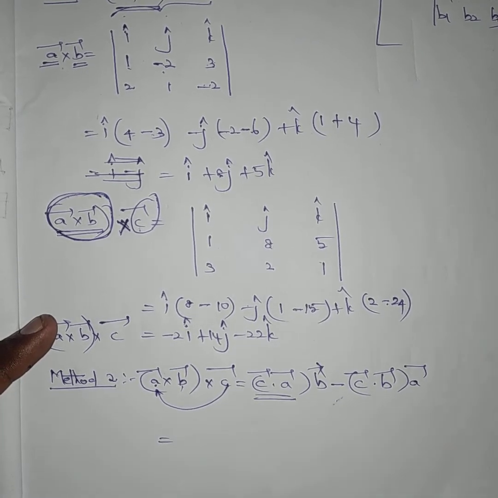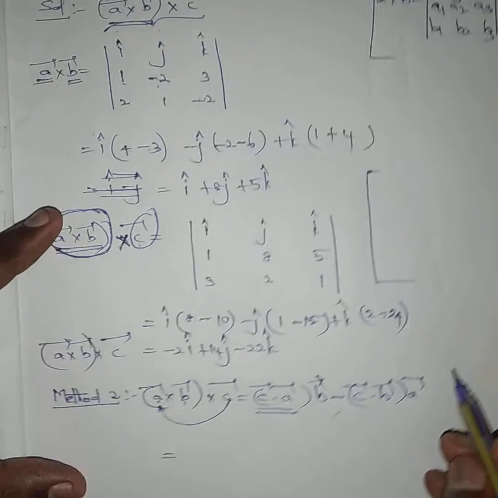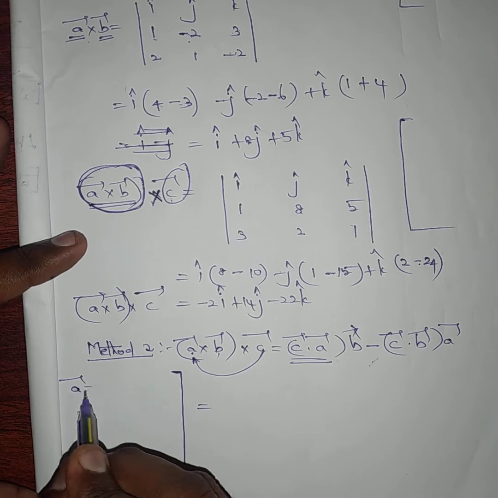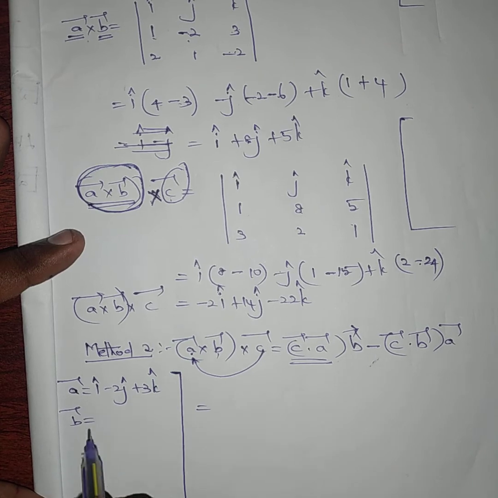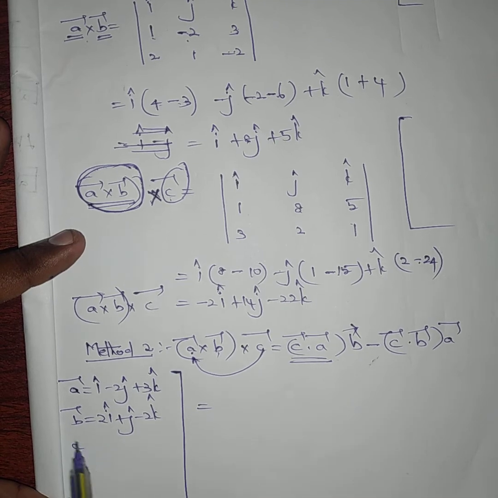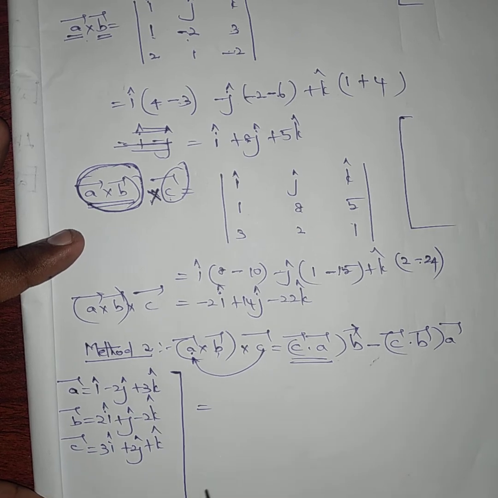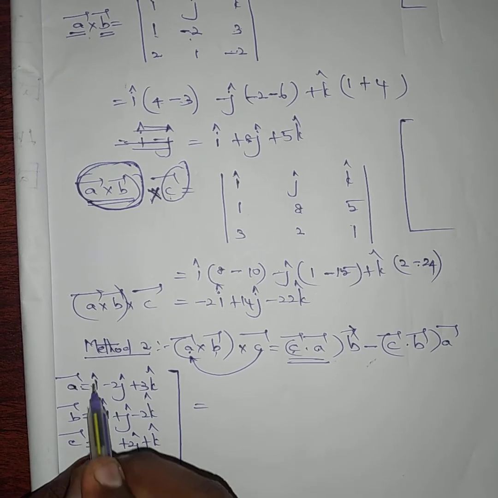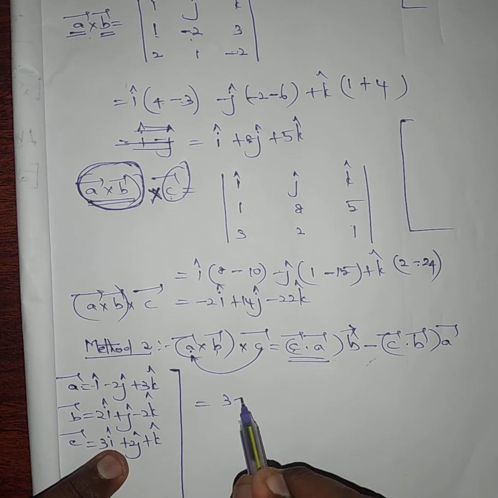So C dot A, I need to choose C dot A. First I will write what is A vector, B vector, C vector here, the very nearest place to write. A vector is nothing but I cap minus 2 J cap plus 3 K cap. B vector is equal to 2 I cap plus J cap minus 2 K cap. C vector is equal to 3 I cap plus 2 J cap plus K cap. So first C dot A, here 3, here 1. Coefficient is 1, no. 3 into 1 is 3. Next here plus, here minus, plus into minus, minus.